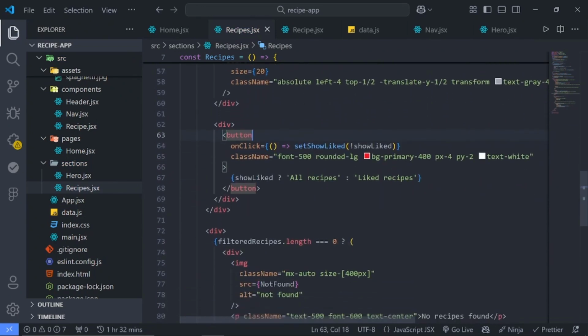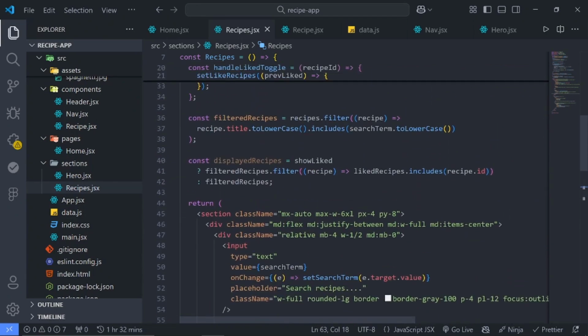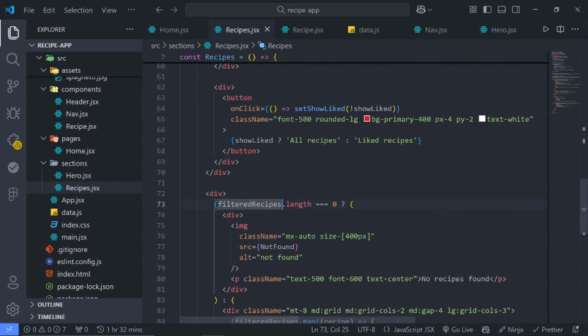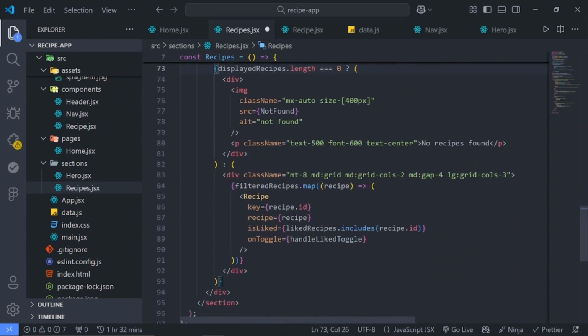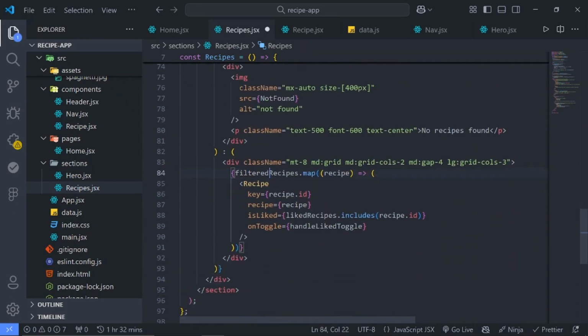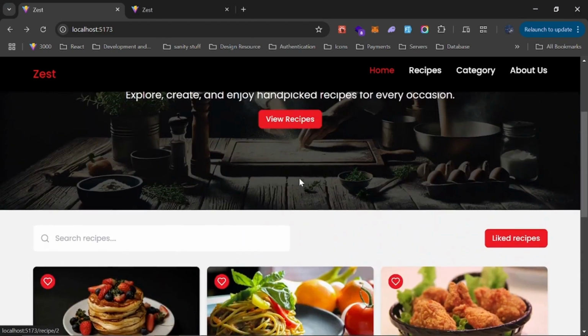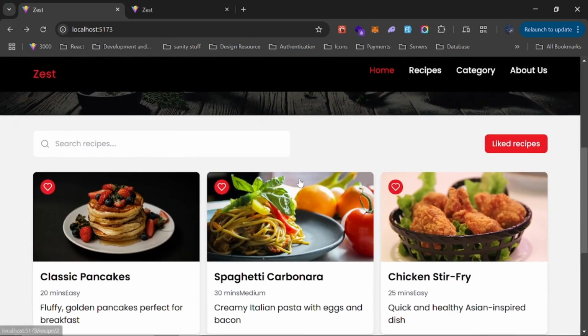So with that being said, we need to now grab these displayed recipes and pass it right here, and also replace it with this one. All right, so